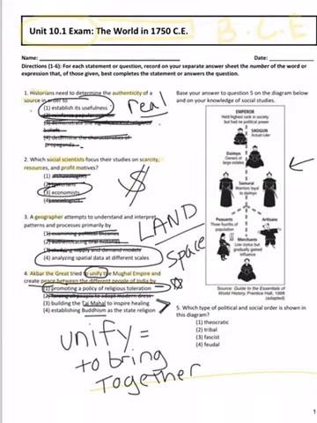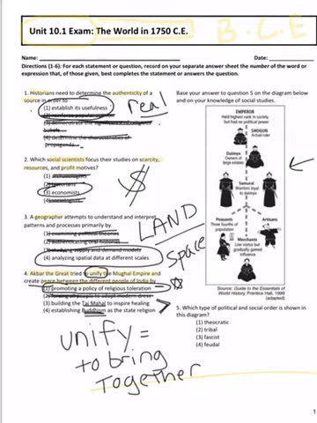So when you can't eliminate ones, pick the ones that sound the most like a Regents answer. This sounds the most like a Regents answer. They're not going to test you on one building, and they're not generally going to test you on one religion. But will they test you on religious toleration? Yes. So now I can remember that Akbar the Great promoted religious toleration.